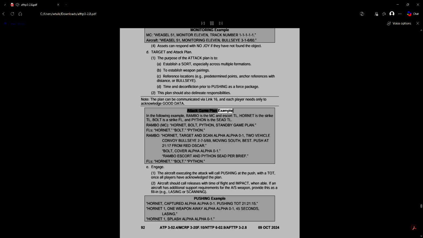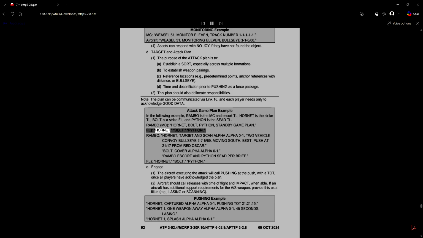Attack game plan example. In the following example, Rambo is the MC and Escort TL, Hornet is the Strike TL, Bolt is a Strike FL, and Python is the Seed TL. Rambo, MC, Hornet, Bolt, Python, standby game plan.